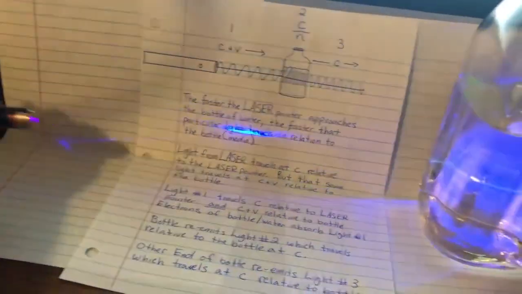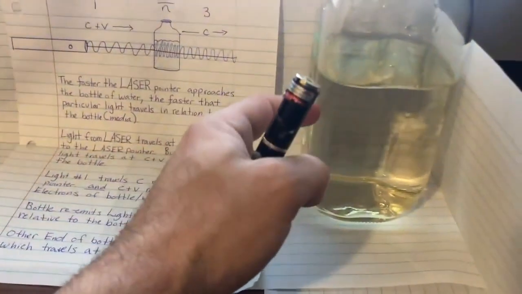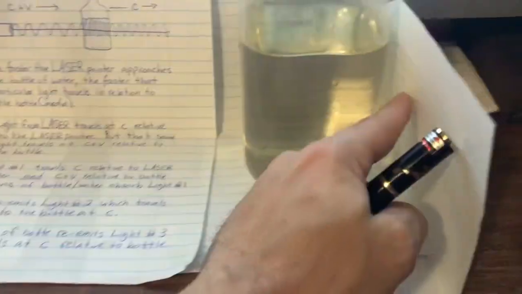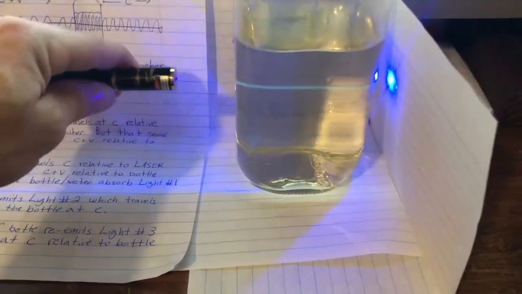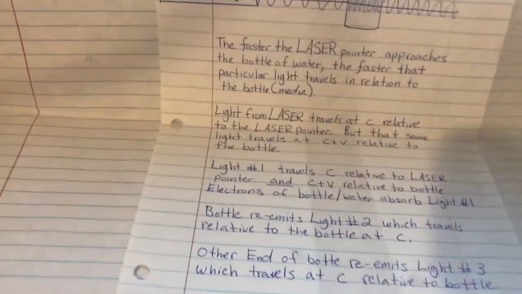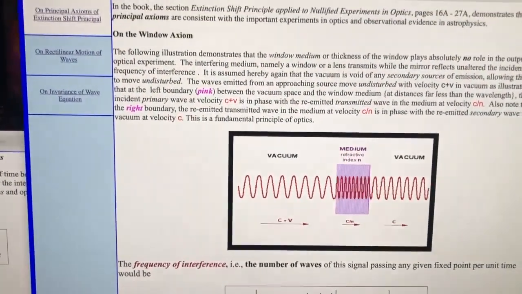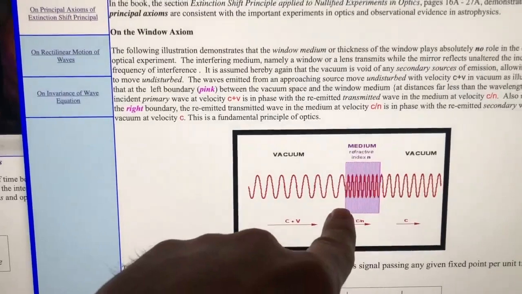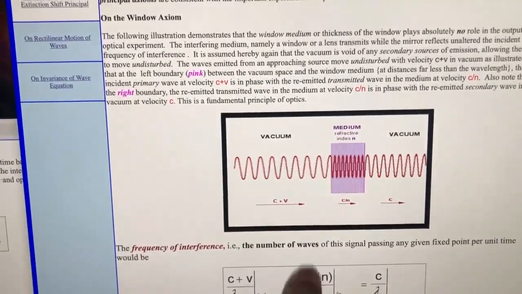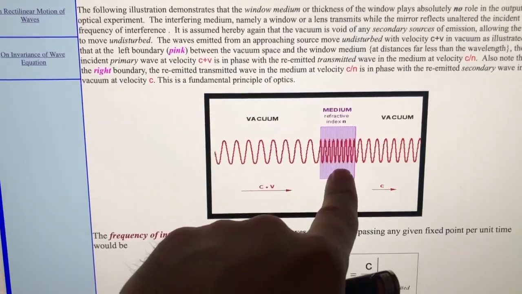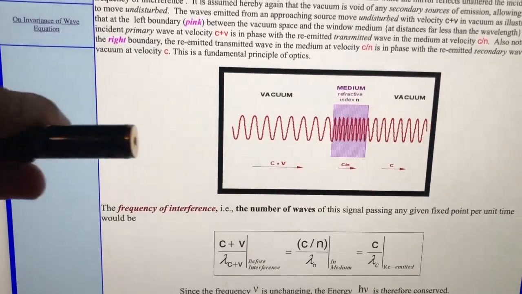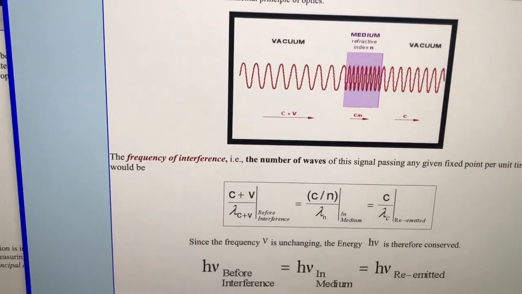Now, the light from this is traveling c plus v, but the light within here is traveling c. And a light that hits the paper on the other side is also traveling at the rate of c, relative to the other end of the bottle that it's being re-emitted from. So you've got the initial light coming in at a given speed. It hits the bottle. The bottle has its own refractive index. That's a secondary light. But then as it leaves the bottle, it's a brand new light yet again, traveling relative to the bottle. So regardless of how fast the approaching light is coming in, it's always going to be the rate of c on the other side,